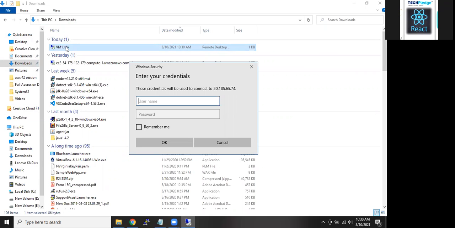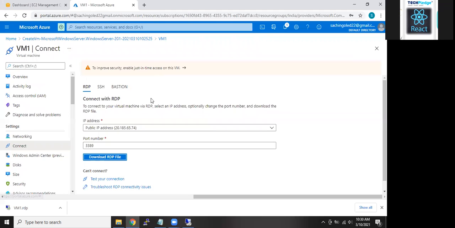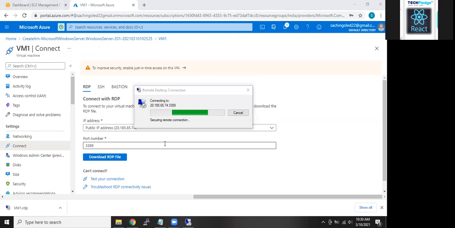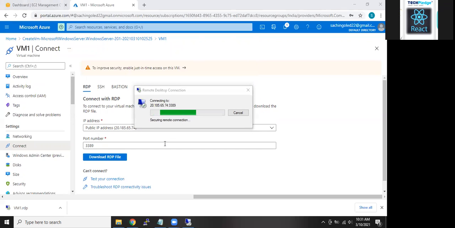Oh, what was the username? You already downloaded it. Just type VM admin, and the password is Password@123. Now install a web server.